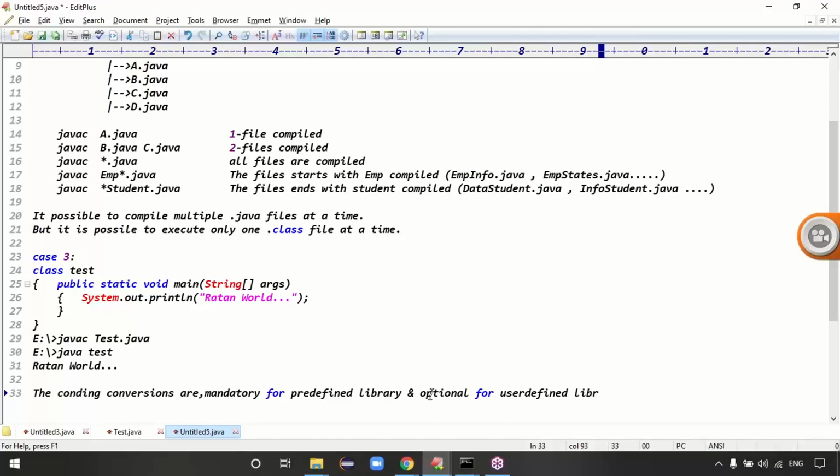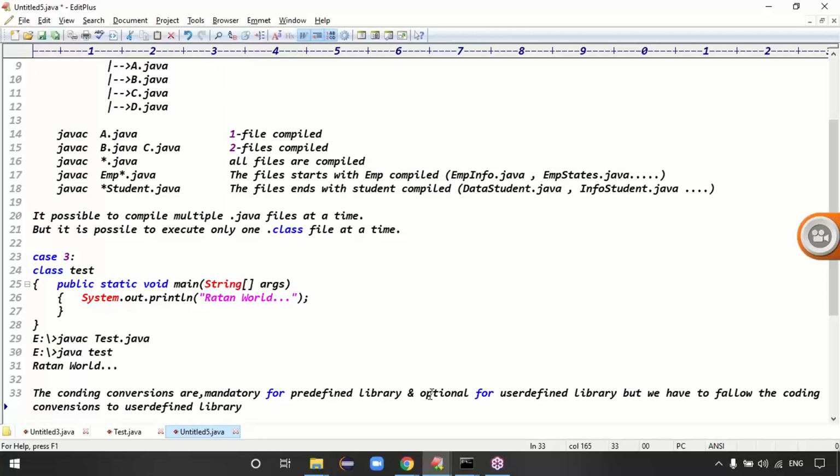But we have to follow the coding conventions for the user-defined library also, right?